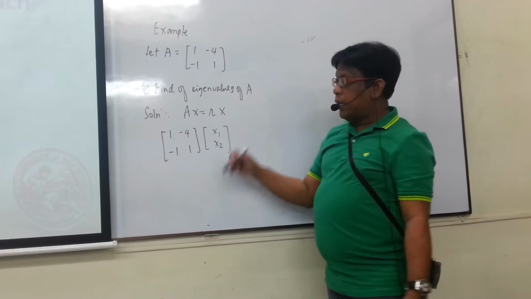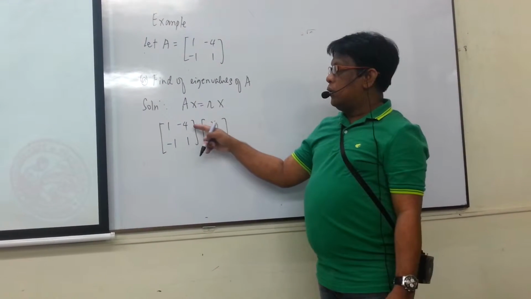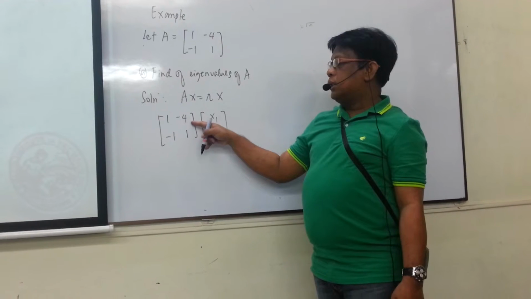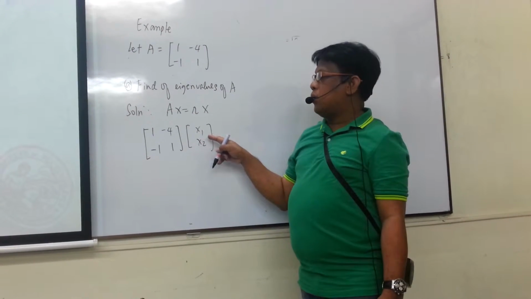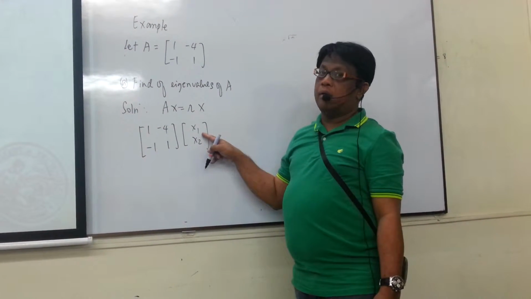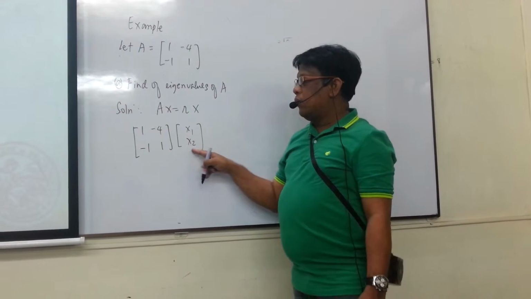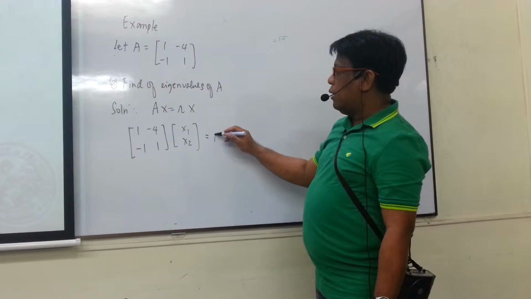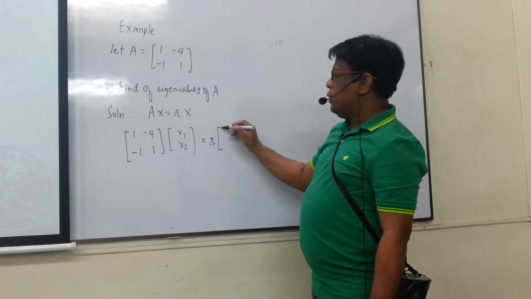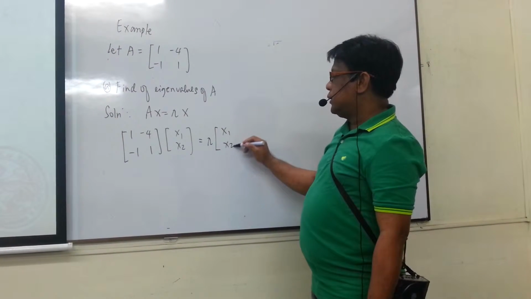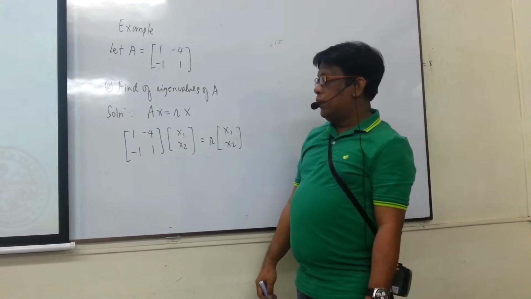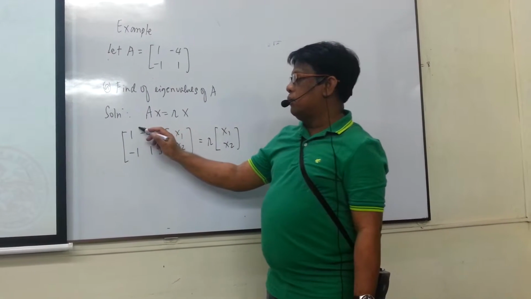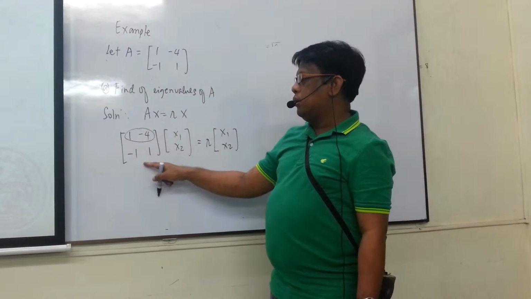Why is it x1 and x2? Because there are only 2 rows here, and each row represents a vector component. So for the first row it is x1, and for the second row, it is x2. Then we have lambda, then x again, which will be x1 and x2. Okay? So what we're going to do now is perform matrix operations on